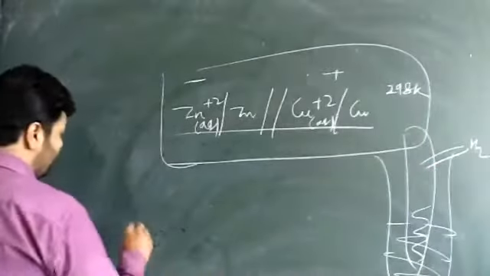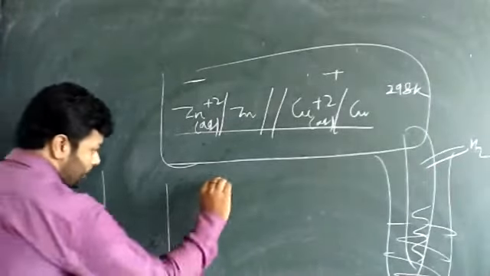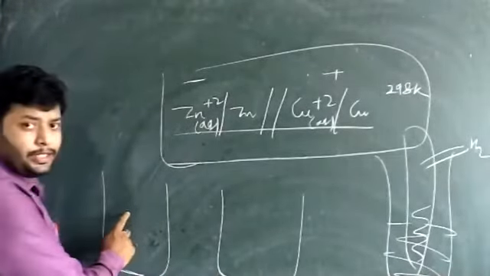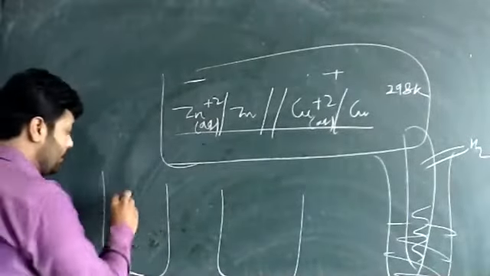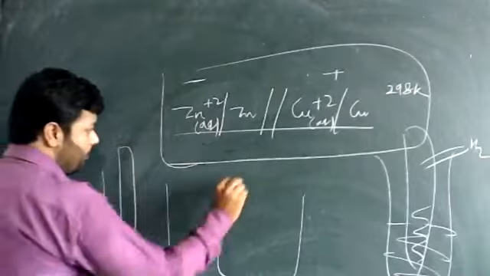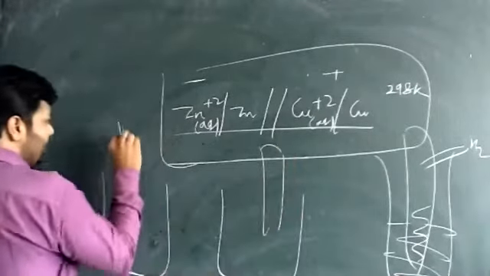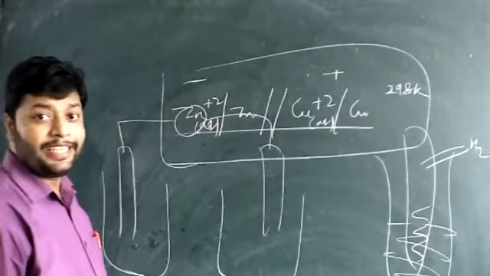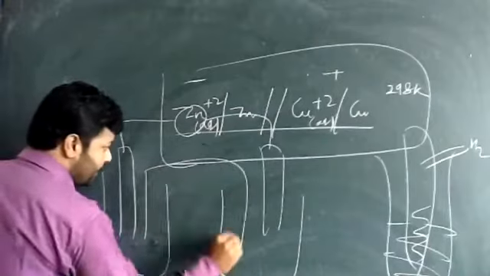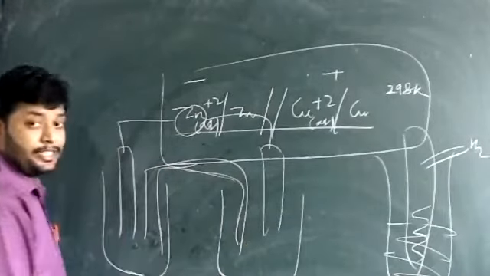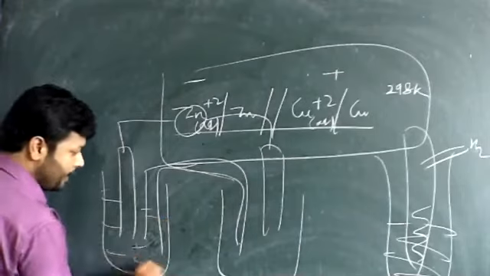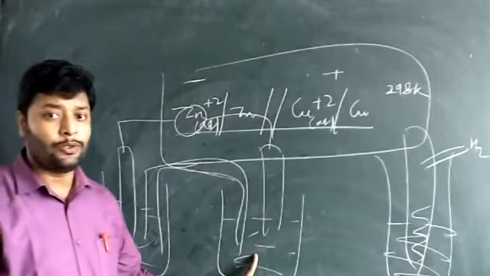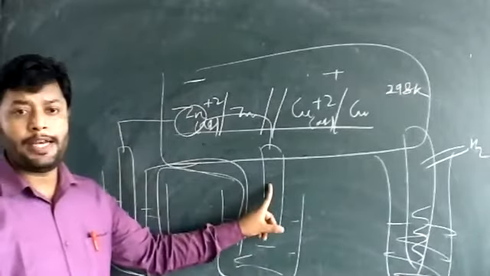For example, suppose we are having an electrochemical cell in which there are two different halves. First, the oxidation half. The second is the reduction half, which is connected by resistance and galvanometer. There is a salt bridge which actually completes the internal circuit. The molarity of the solution is 1 molar, and we are taking different electrodes.